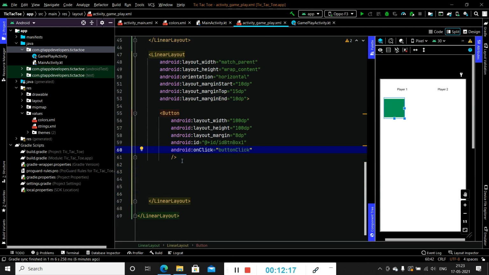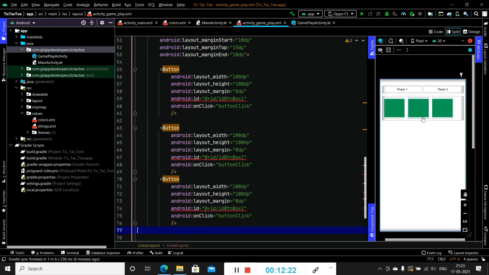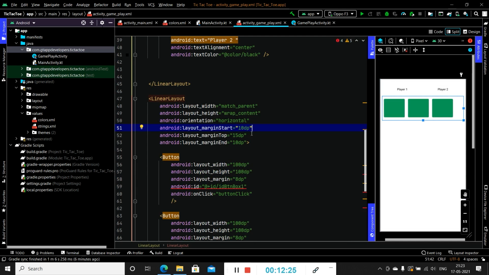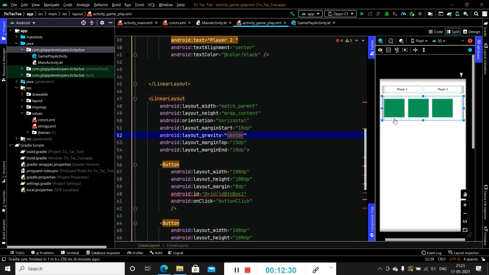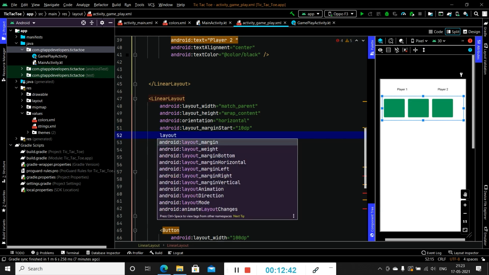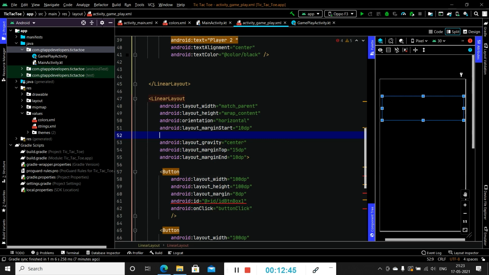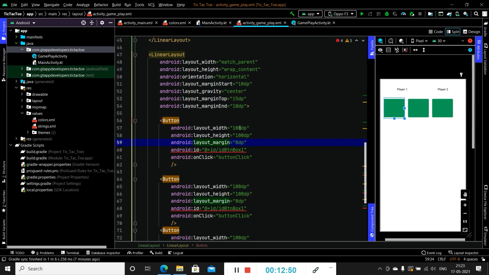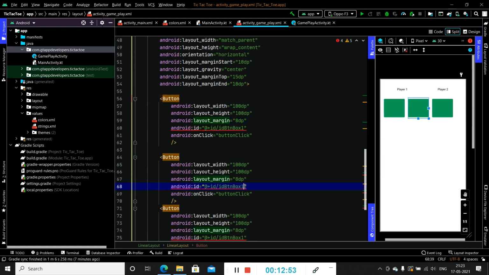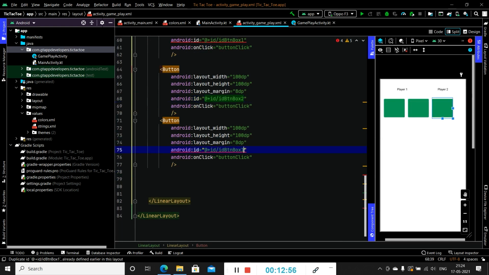Now we have to simply create another two buttons, similar to this. We have to align this to center. We will change the box ID to 2, here 3.